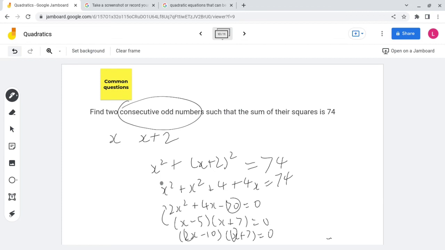Because 2x times x equals 2x squared, and negative 10 times 7 equals negative 70. So the middle one, which is 4x, you could calculate: this is 14x minus 10x, which is 4x, right? So you have to take note of these traps in the calculator. And you have to actually use your brain to be able to make this thing into an equation, right? How to apply this equation into real life. You have to be able to think